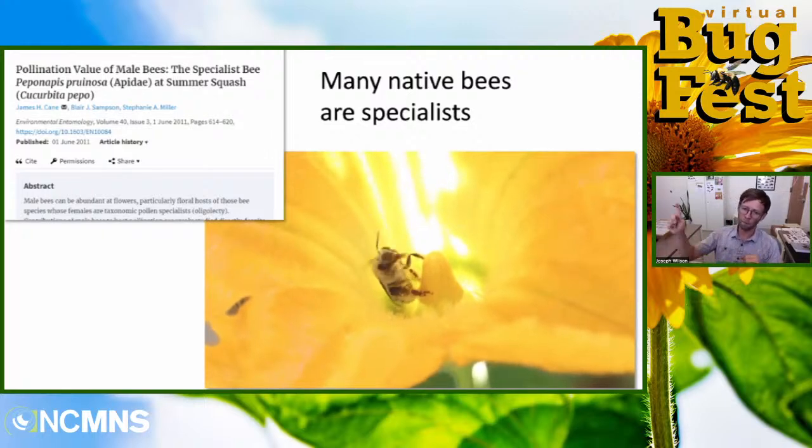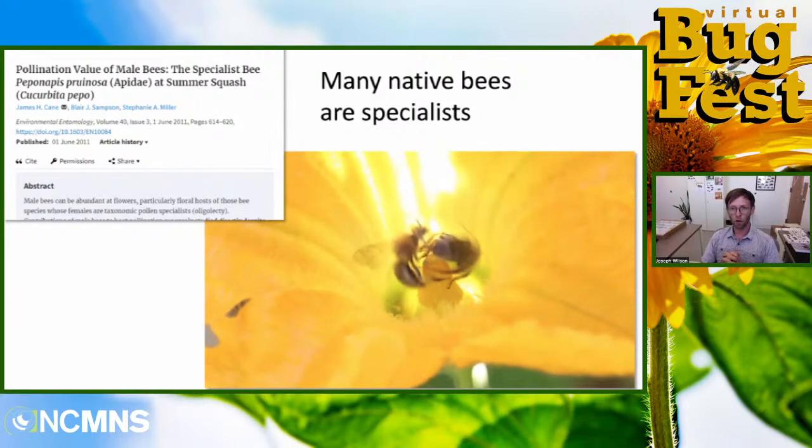In a second, you'll see a male squash bee come in here. Males are not collecting pollen. They just have one thing on their mind, and that's mating. So it comes to try to mate with this female bee. The female bee rejects his proposal, and they both fly off.